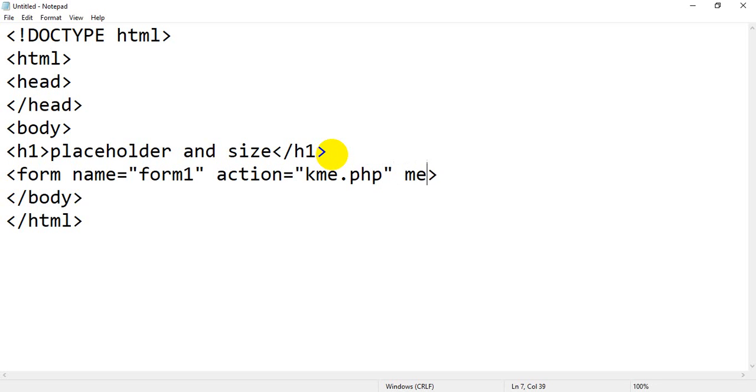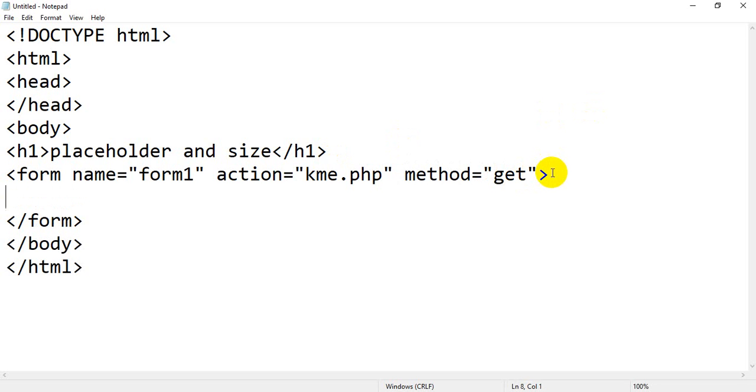Then you can assign method equal to get. You can use get or you can use post. We have already discussed the use of get and the use of post. I am going to close the form tag. Okay, these are the basic things if you are going to create a form.